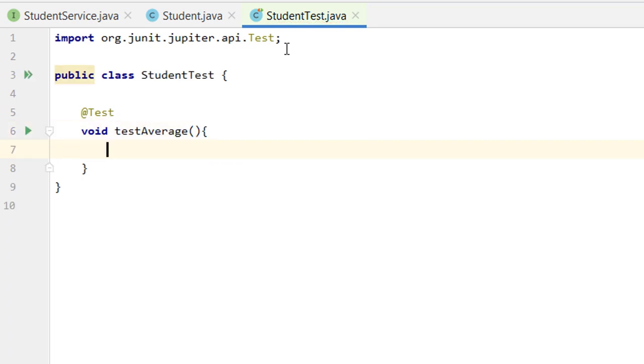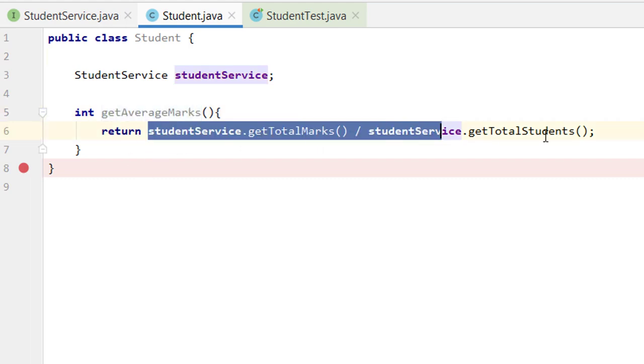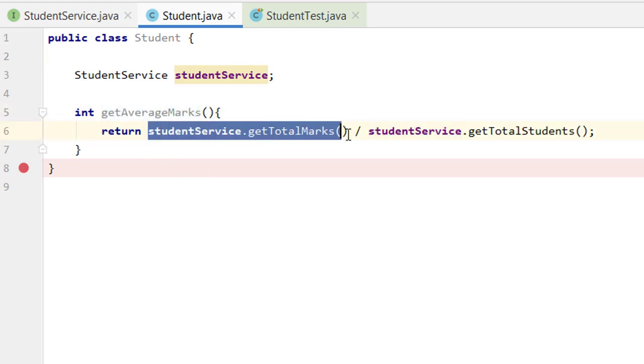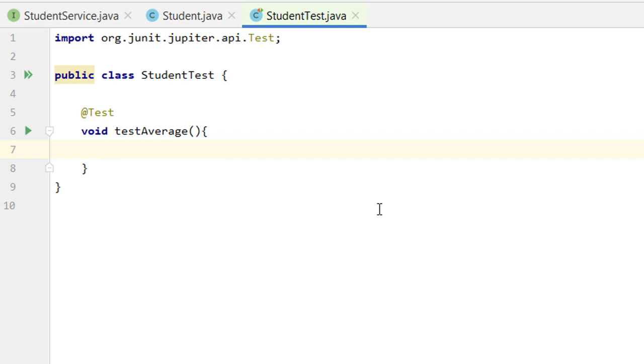Our requirement is to test whether this particular function, the average, is working fine or not. In order to work with this getAverageMarks method, we need to call these two methods, getTotalMarks and getTotalStudents. Now let us see what we can do in here.